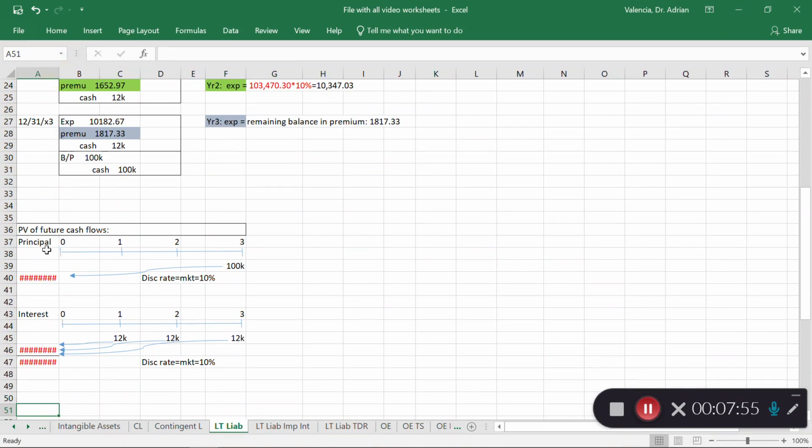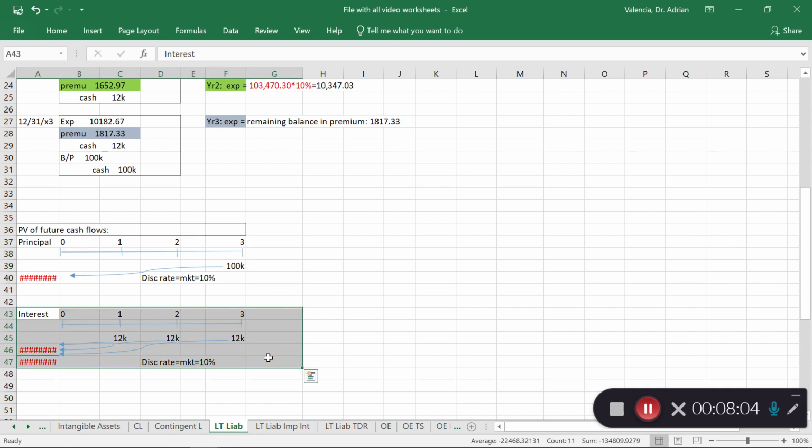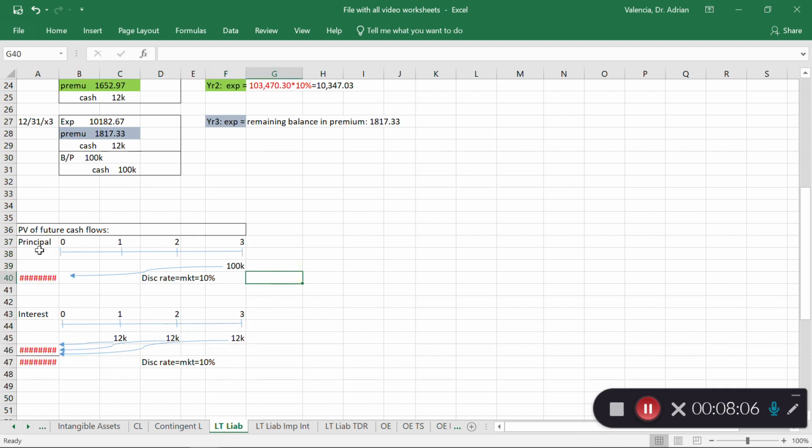So the first thing is I'll lay out the principal. This is made up of two parts right here. Here's the principal, and then here's the interest. And you have to analyze them separately. So the first thing is after 3 years, somebody will receive $100,000. So I'm going to discount that $100,000 at the market rate. And that's very, very important, okay? You always, always, always discount